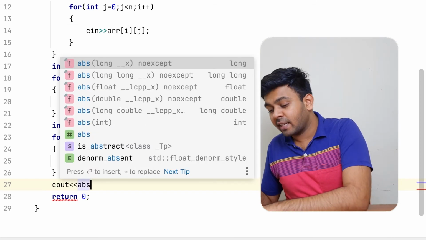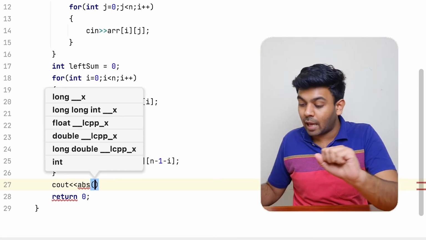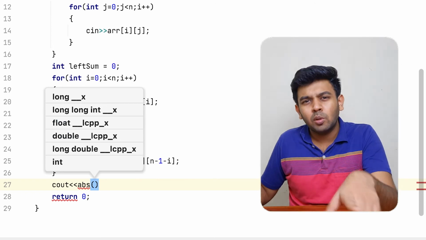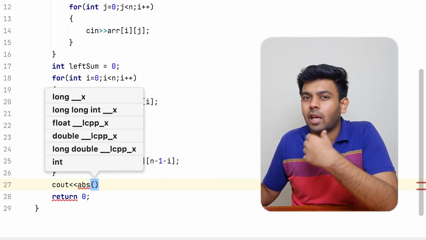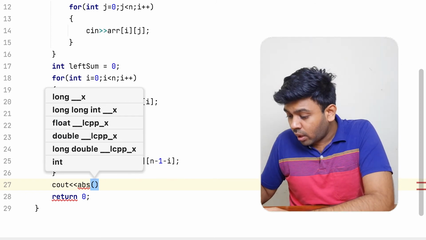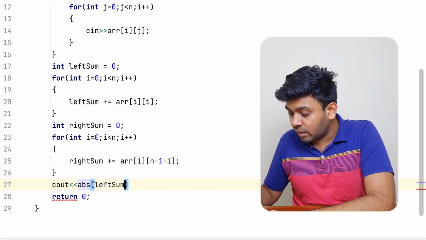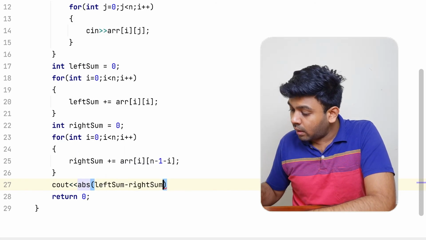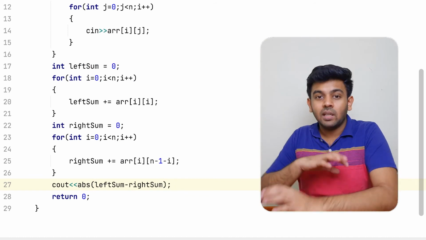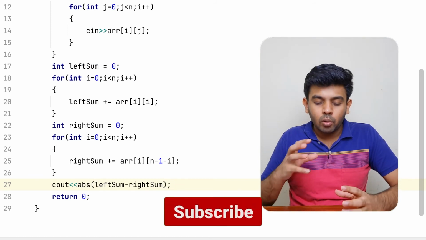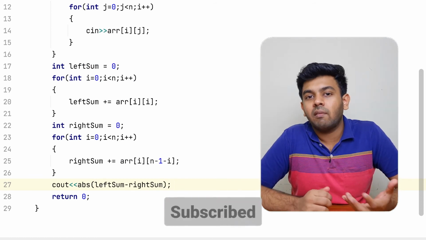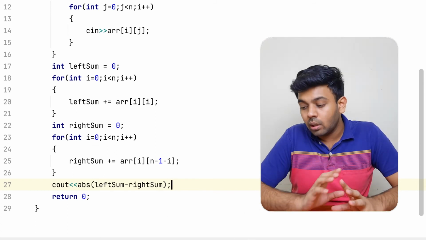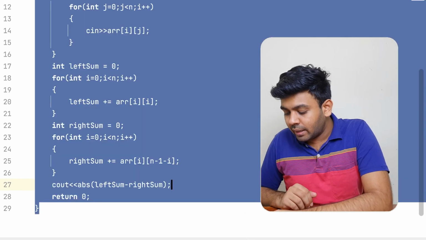And you don't have to calculate the absolute difference yourself. You have a function for that called abs. It is also present in Java, it will be Math.abs, I guess. So we are going to just find the difference, and once it comes out of this function, it will be absolute. I mean, it will only be positive. The negative values will not come out of this function. So this should be fine. So I think the code is done.